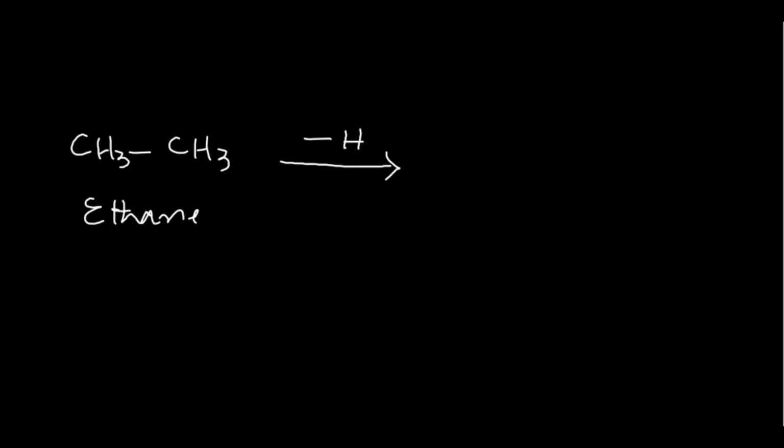We have ethane, CH3CH3. Now, if we remove one hydrogen from ethane, one vacancy of carbon becomes vacant, and ethane changes to ethyl, ethyl radical or ethyl group. Now students, if we have propane,